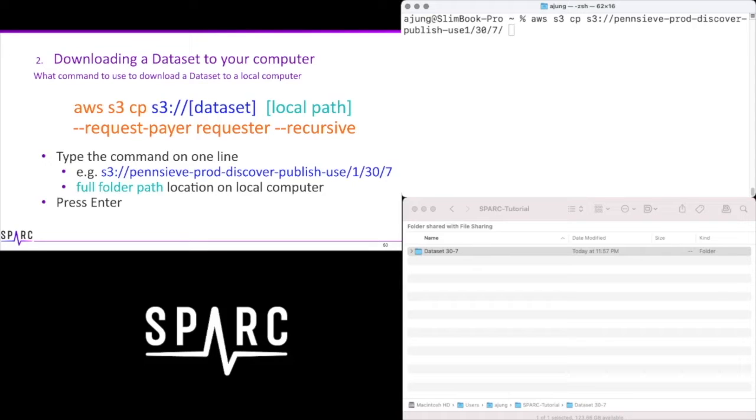On the Mac, you can easily drag and drop the folder you created into the terminal. Type --request-payer requester --recursive. So what this means is use the AWS command, an S3 process, the copy command,